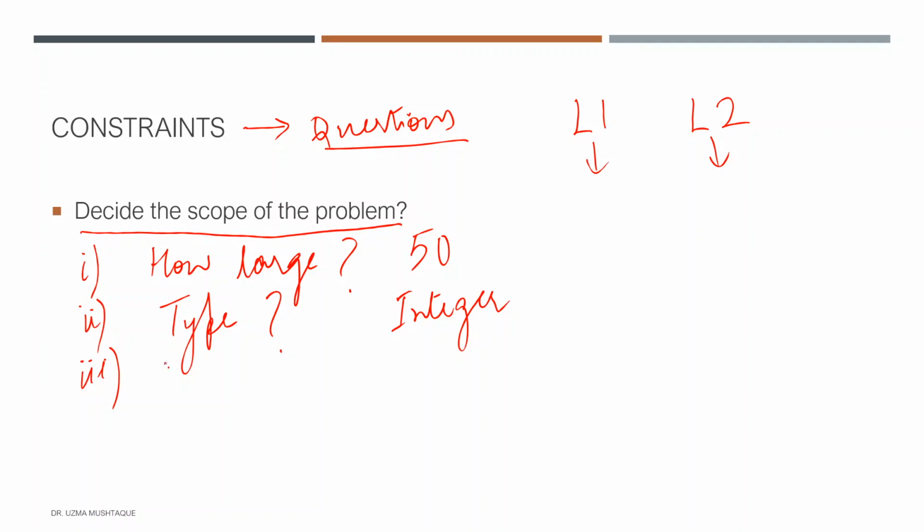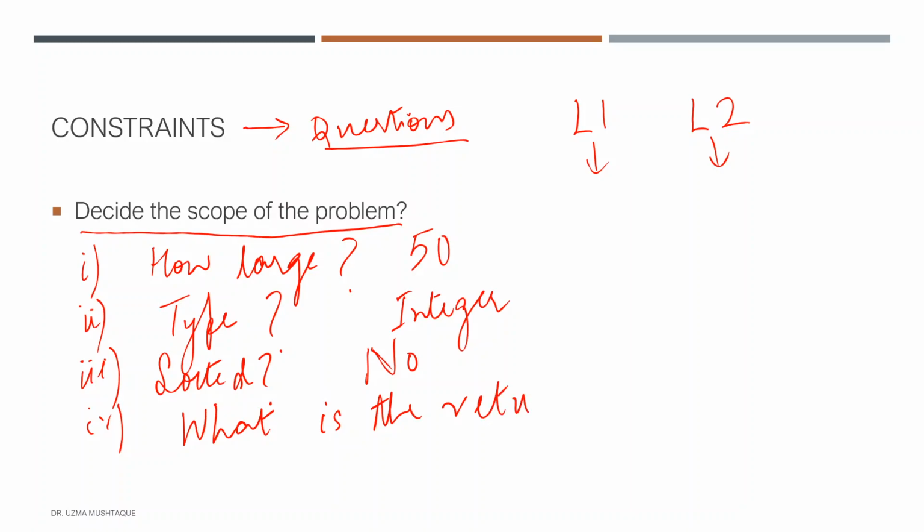So for example, the next question could be, are these arrays sorted? Yes or no? Because my solution might depend on that. So let's say they are not. Sorry, they're not. They could be in anything. And finally, maybe for this problem, what is the return type? What do I want to return from this problem? What I mean by that is whether we want to return a Boolean, let's say a true or a false, if a match is found in L1 and L2 or not. If yes, then that's fine. Okay, yes, I want to return a Boolean as soon as a match is found.